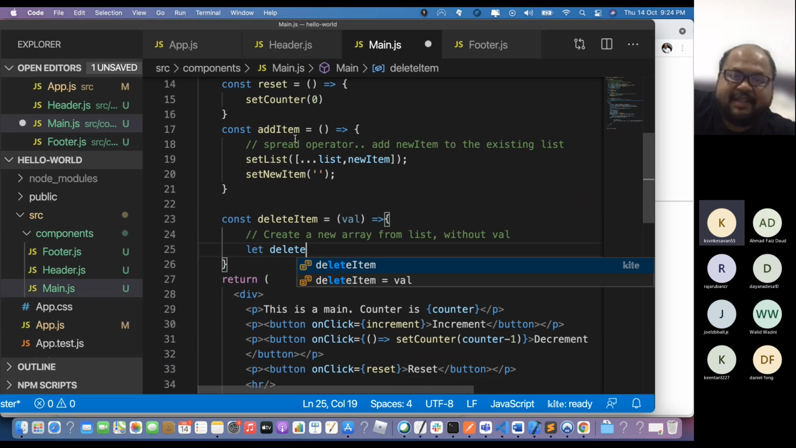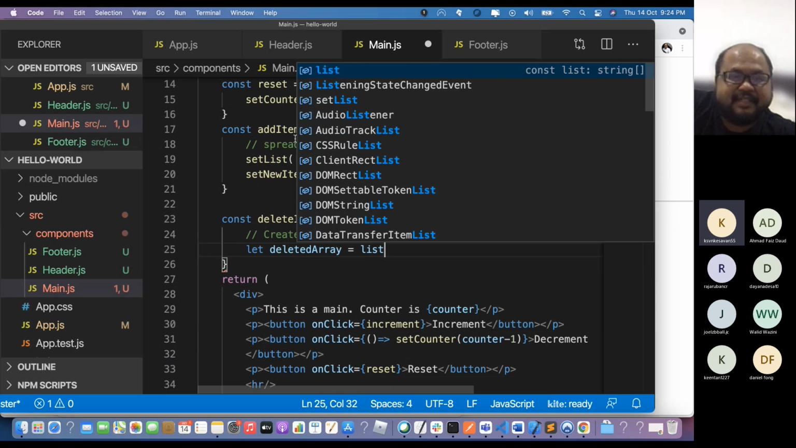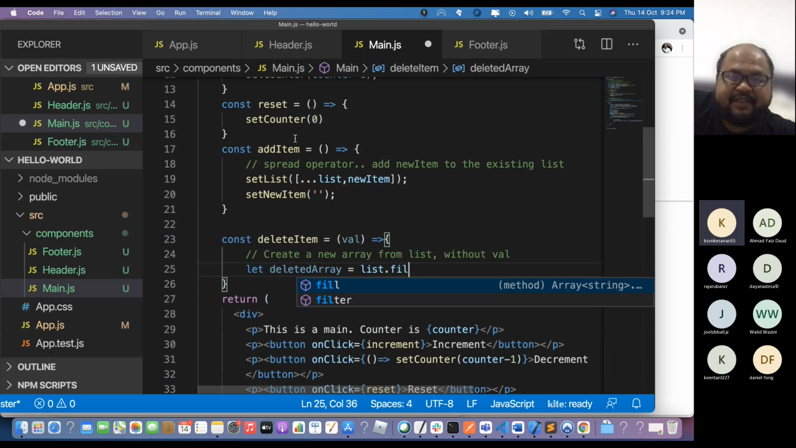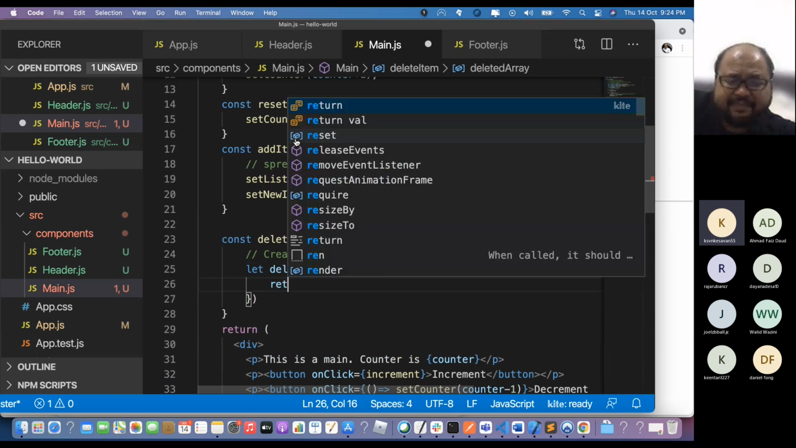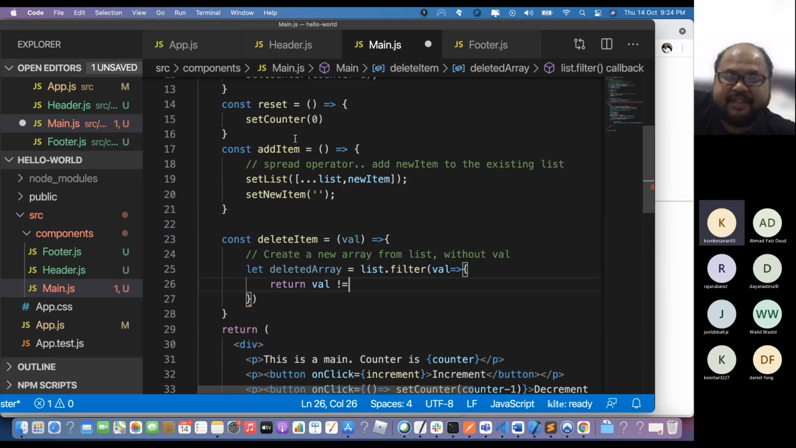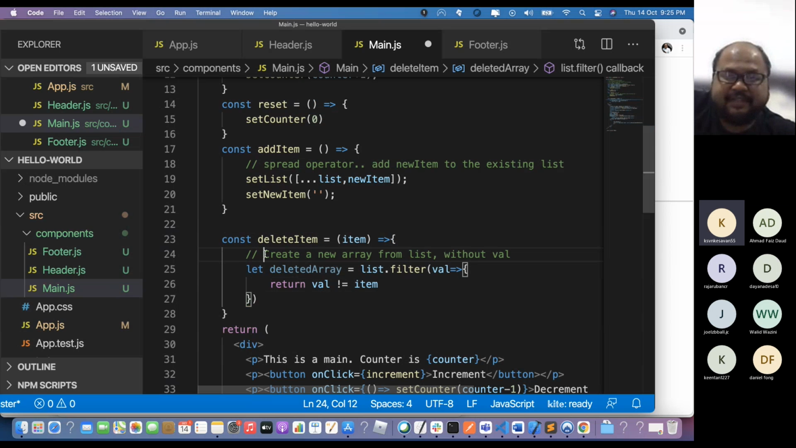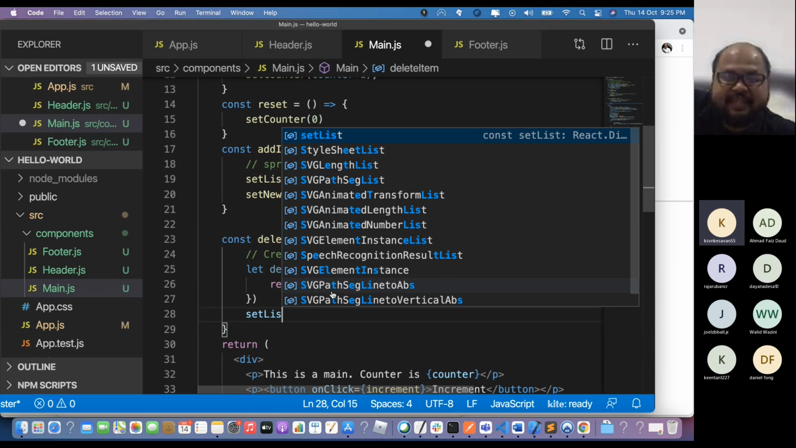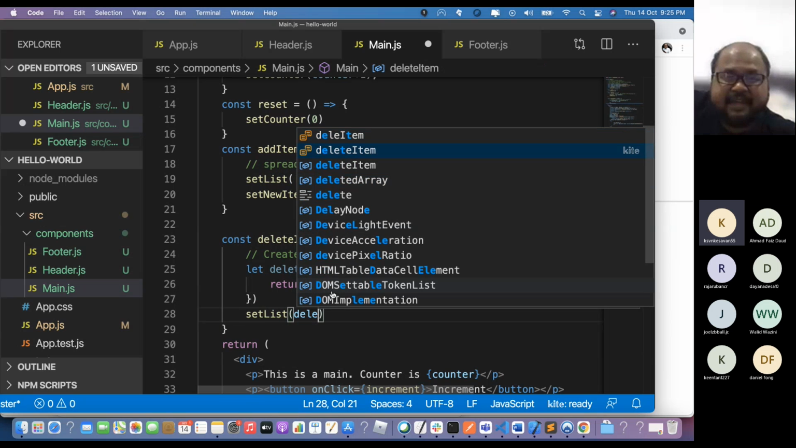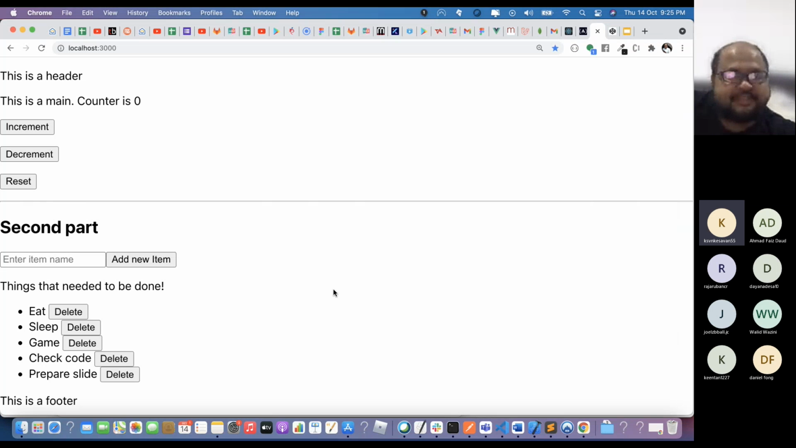So let deleted array equals to list dot filter, alright, val, return val is not equals to, jangan pakai val kan, ini apa, deleted is not equals to item. And then I will just set list deleted array. Right, so this is